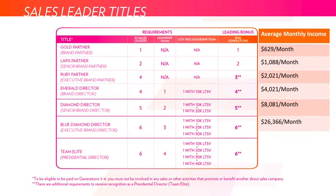The place that this changes is at the Emerald Director. So you have created 4 front level sales leaders, and you also have 1 leadership team. A leadership team is determined by the overall volume within the sales leader's entire organization. So if you've created 4 first generation sales leaders and you have 1 of those teams doing at least 10,000 points of volume within the whole organization, 6 generations deep, then you will become an Emerald Director and be paid